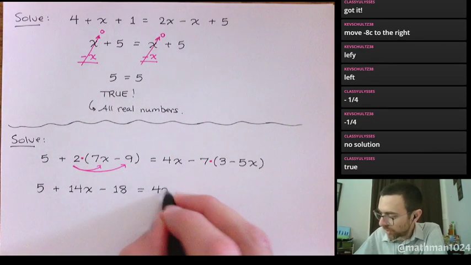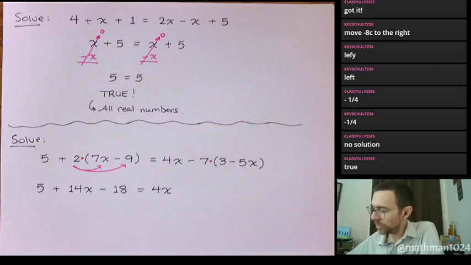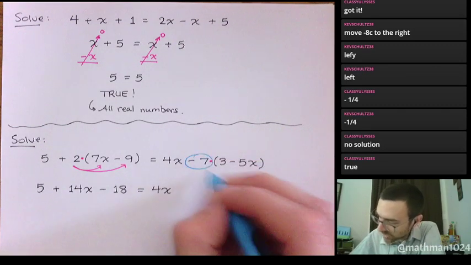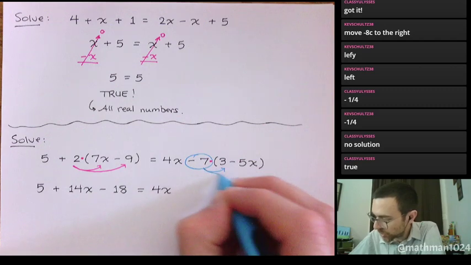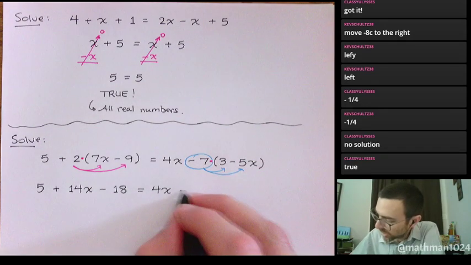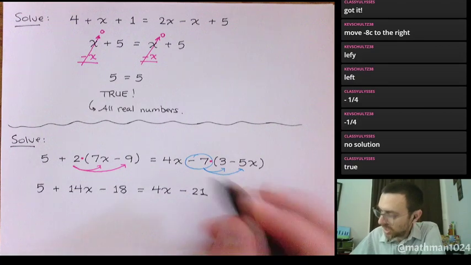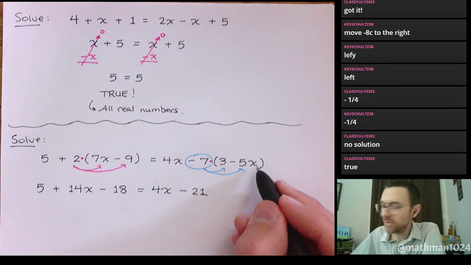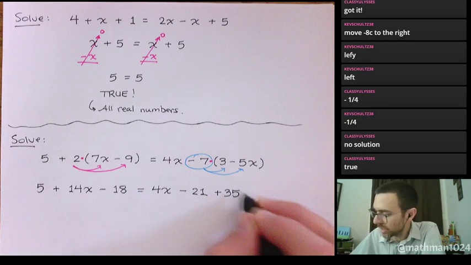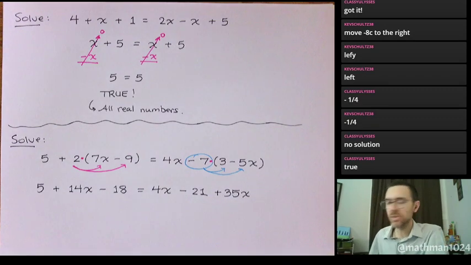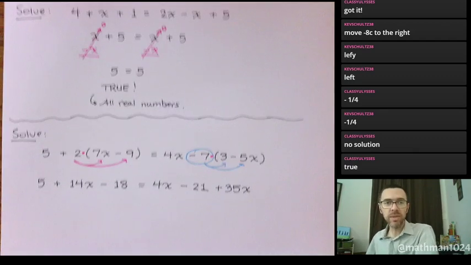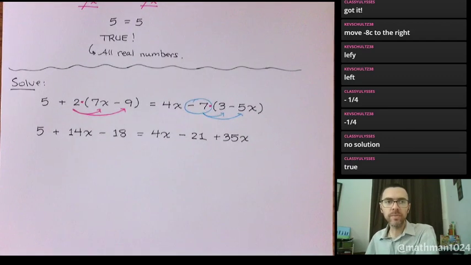Alright, so just bring the 4x down. When you distribute, make sure that you understand that you are taking this negative 7 to distribute into these guys. So we get a negative 21, negative 7 times negative 5x gives us positive 35x. All right, so we addressed the issue of the parentheses and having to distribute, and now